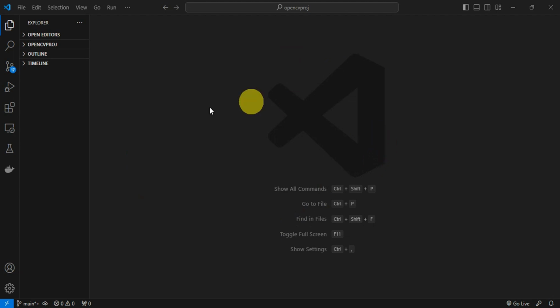If you haven't, just visit their official website on your local browser. Just search for Visual Studio Code, find the version for the device that you're using, and install it completely. Then right after, you'll just need to launch it, and the first thing that we need to do is install